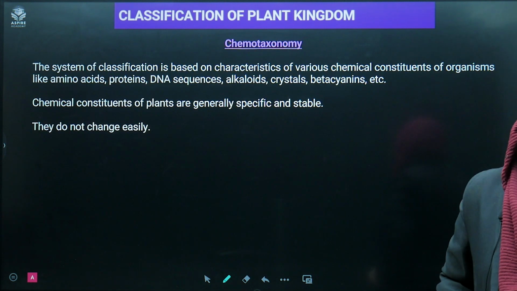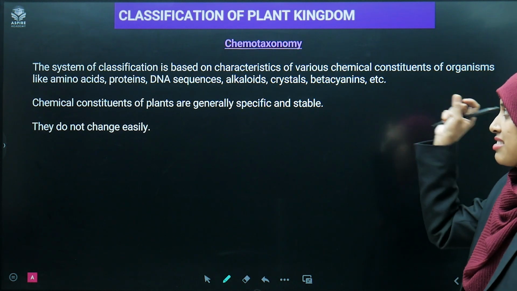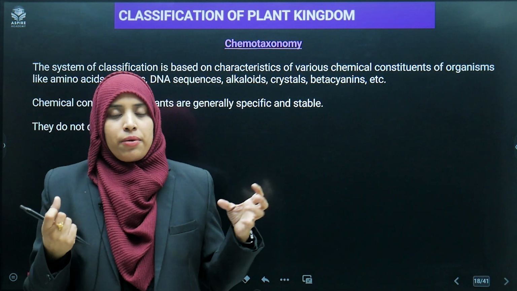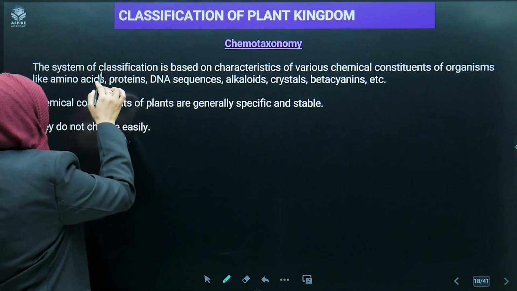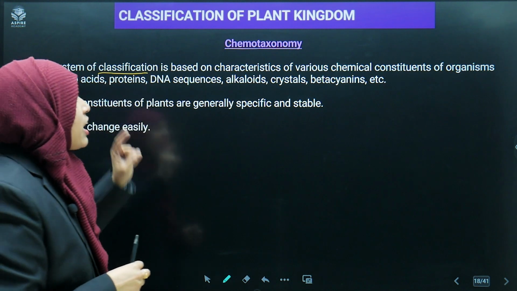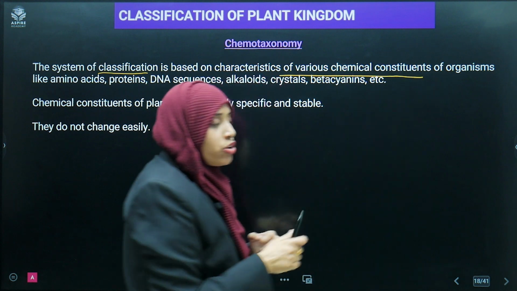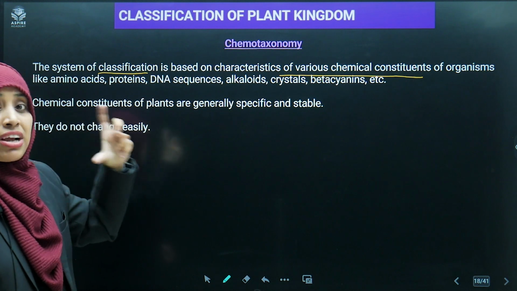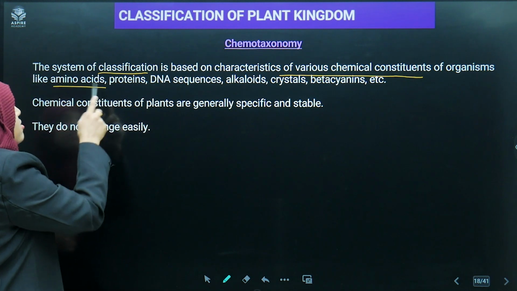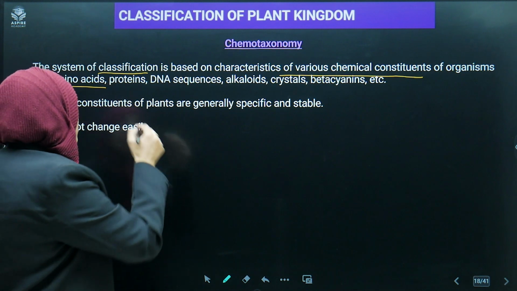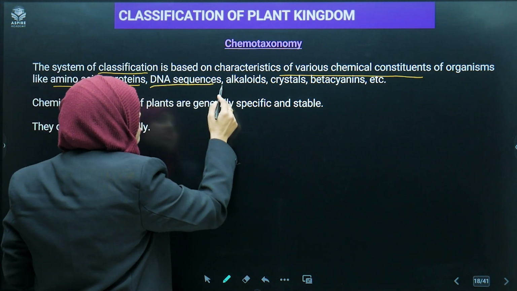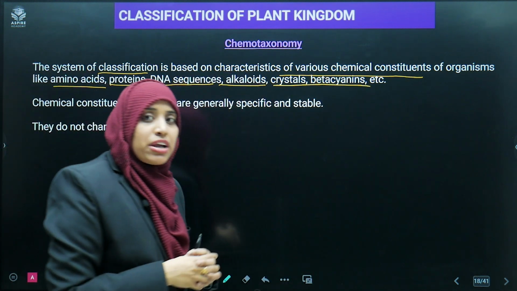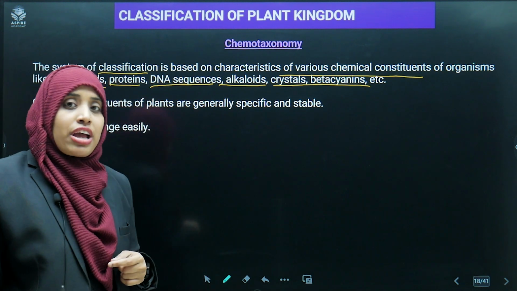Now we'll see what is chemotaxonomy. Chemotaxonomy, as the name suggests, chemo means chemical. So here this taxonomy was given based on some chemical systems. The system of classification is based on the characteristics of various chemical constituents of the organism. So which characteristics were looked at here? Chemical constituents of the organism, like which amino acids are present, the protein sequence, DNA sequences, alkaloids and crystals, betacyanin. Whether these chemical constituents are present in the organism or not is the basis